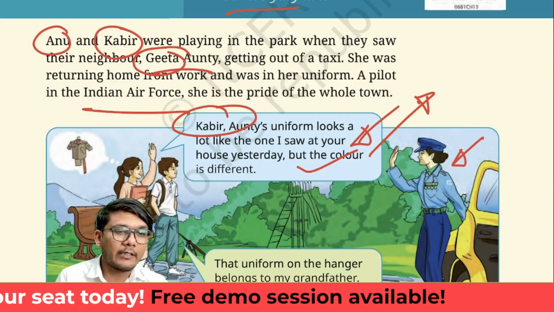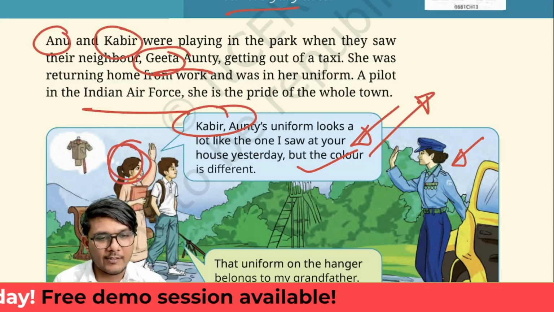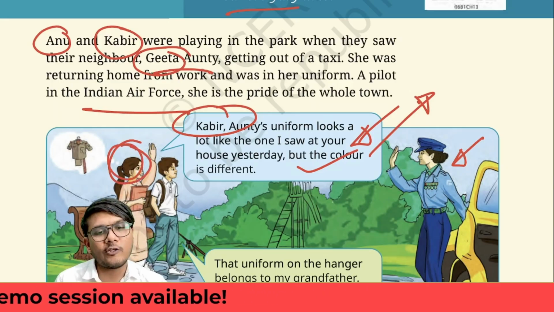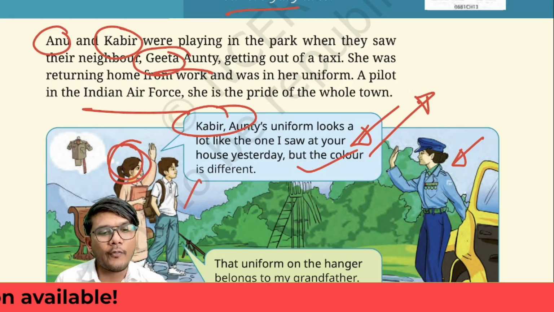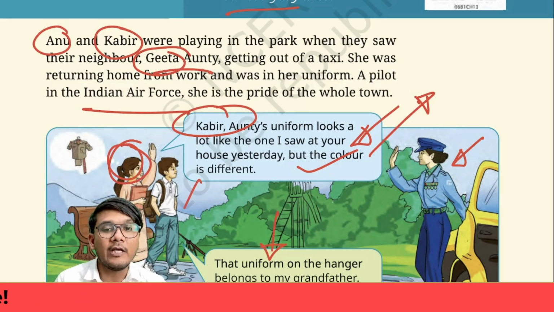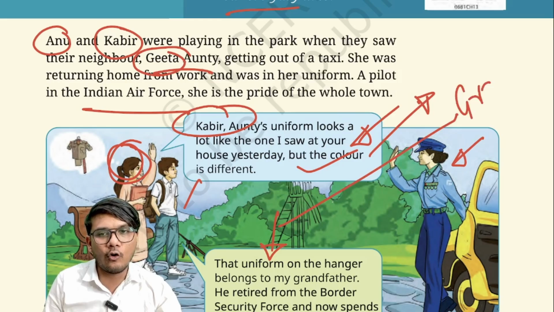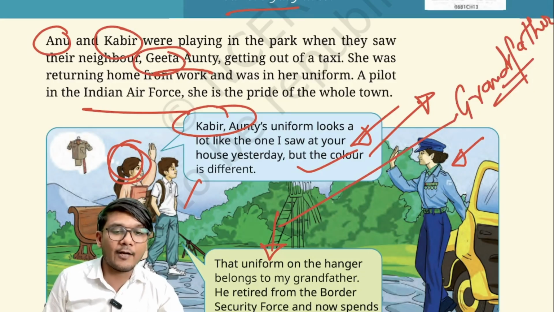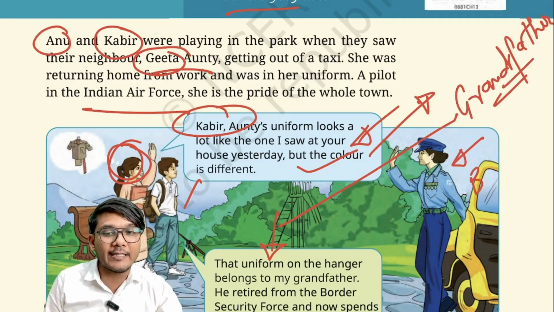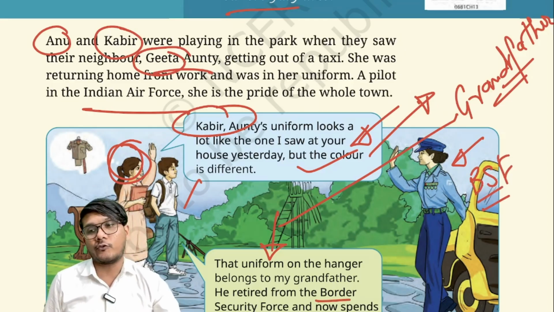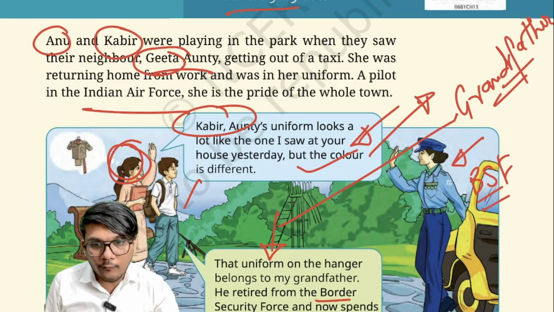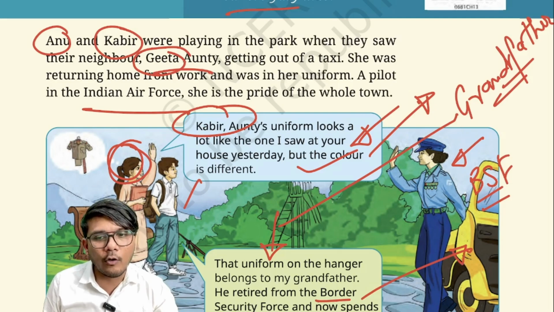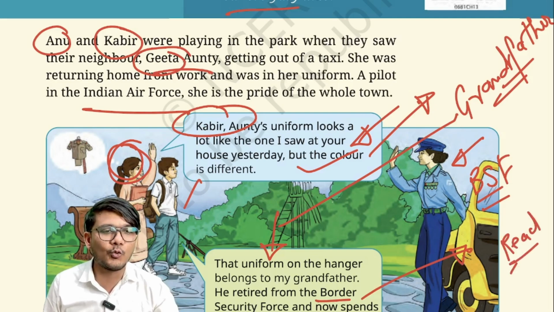So in fact, Anu is the one who tells her. Now Kabir responds by saying that the uniform on the hanger belongs to his grandfather. So Kabir is now talking about his grandfather and his own uniform, and his grandfather is a retired BSF personnel. BSF is what? Border Security Force. You should read a bit more about the Border Security Force as you do further research